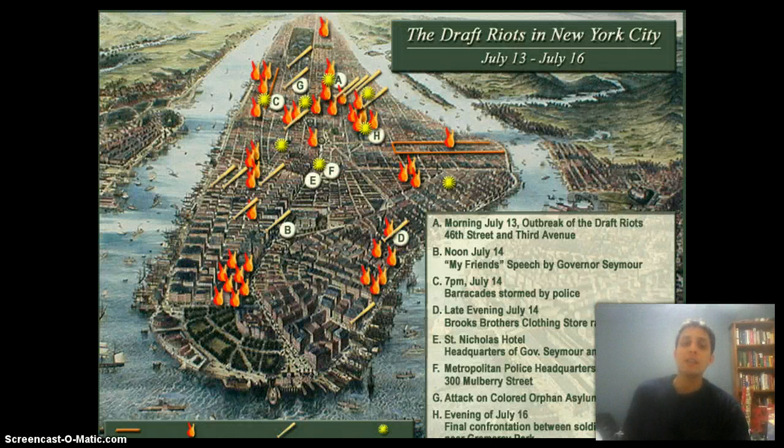So you see the worst riots here in New York City, and they last for 4 days. And they pretty much attack anybody that they see as being an agent of the draft, or they attack draft offices, federal government outposts. They attack anybody who's wealthy. They attack black people in the city because this is not too long after the Emancipation Proclamation has been issued, and they see the war as being fought for those specific people. The wealthy people is an interesting aspect. The one way you could get out of the draft is you could pay $300 in order to not go into the draft. And so poor people see this as a slight that they don't have the ability to pay their way out of the